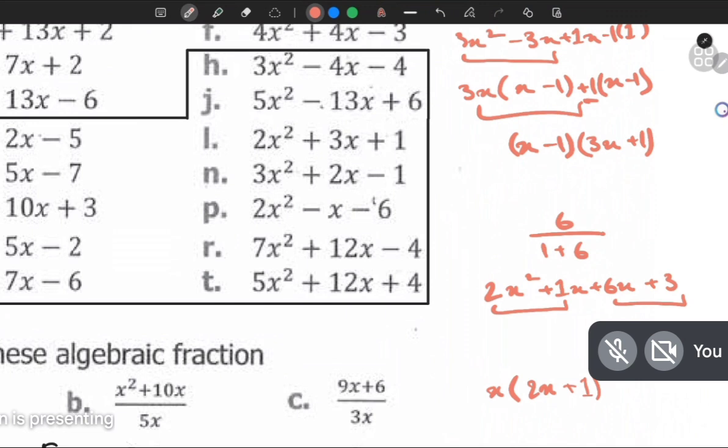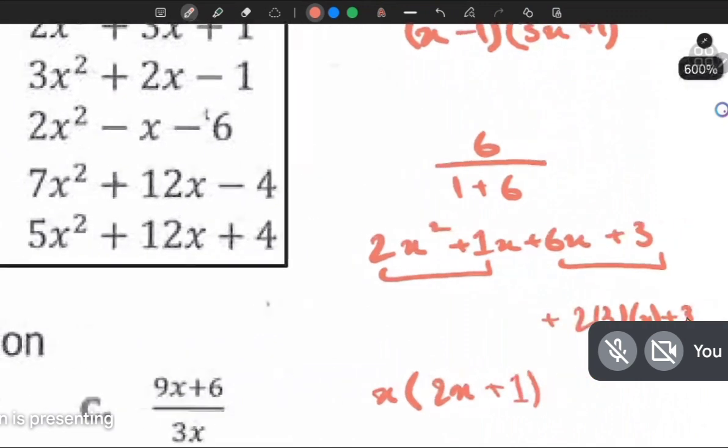Now what does this have in common? 3x. X is not there in the other term. Look, 3 is common, right? So you take plus 3 as common and you're left with 2x plus